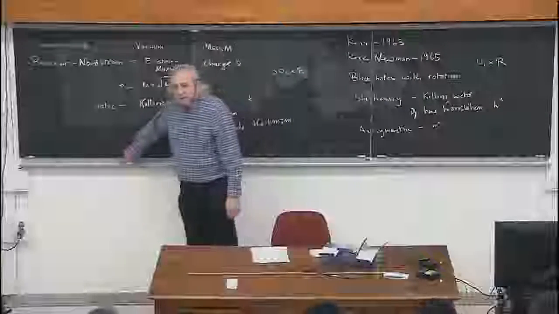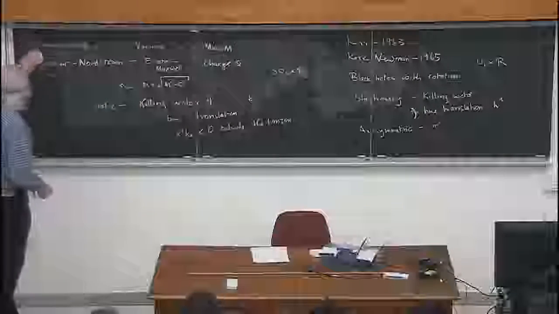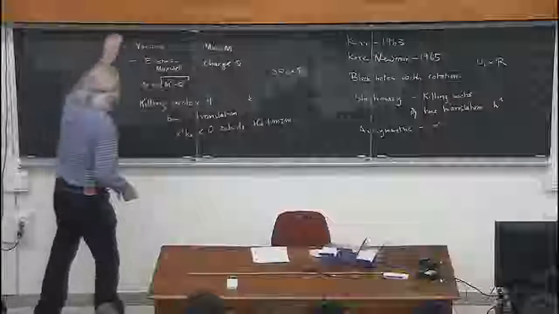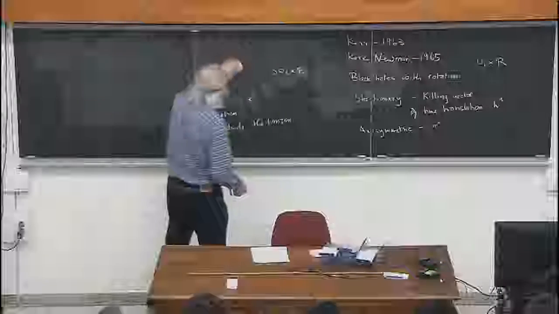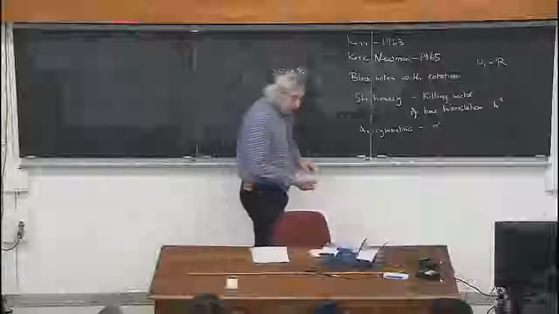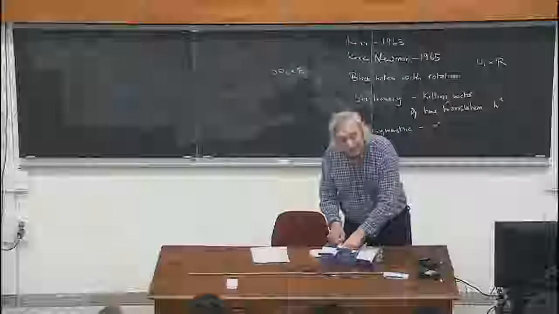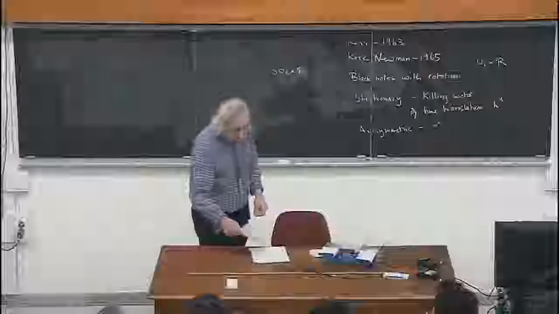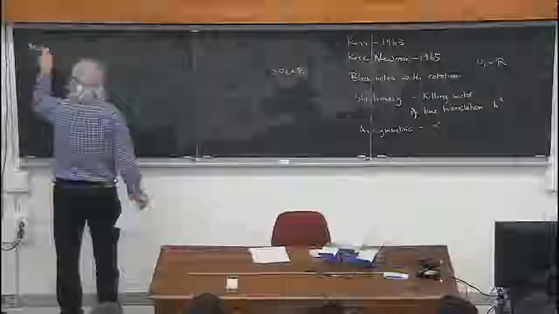The metric of the Kerr-Newman family of solutions is quite complicated. It's not something that you need to remember, although the Kerr metric is of huge astrophysical importance. The important thing is to know that it exists and to know a little bit about its properties. So let's write down what it is, but I don't expect anyone to remember it, and I certainly can't remember it. I have to look at it every time I use it. So, the metric for the Kerr-Newman family